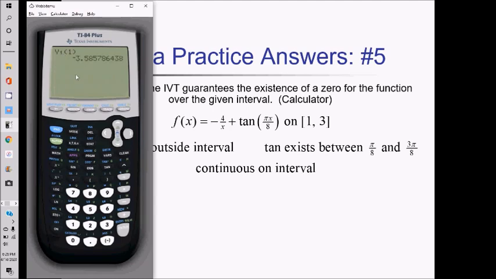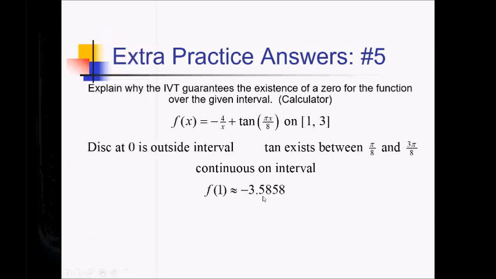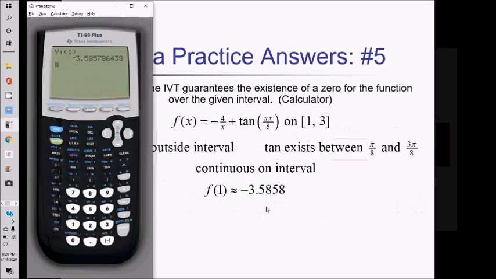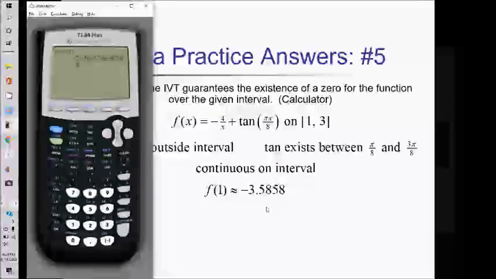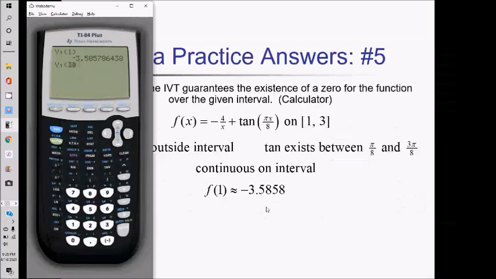So I'm just going to do alpha trace and pull up y1 and plug 1 into that. And press enter. About negative 3.5858. There we go. Get it right on the third try. And now let me yank that input from before and just plug 3 in there. Gives me